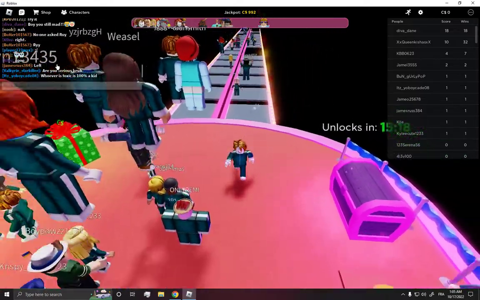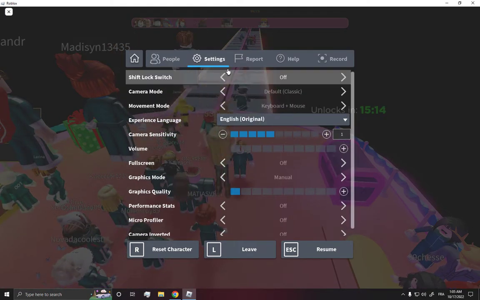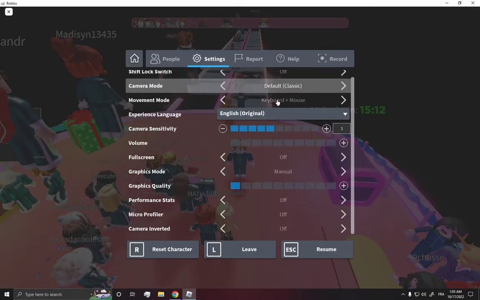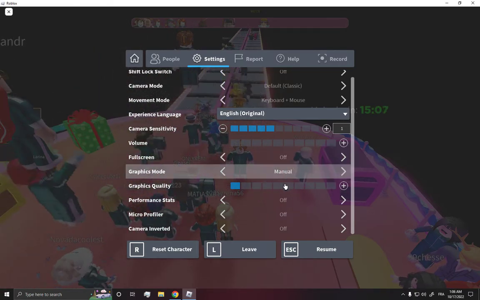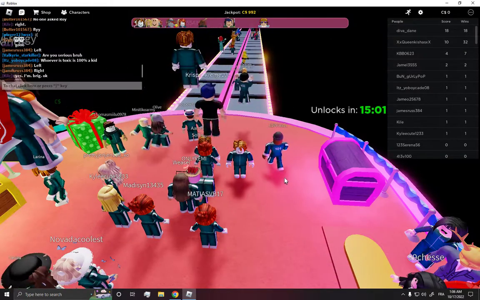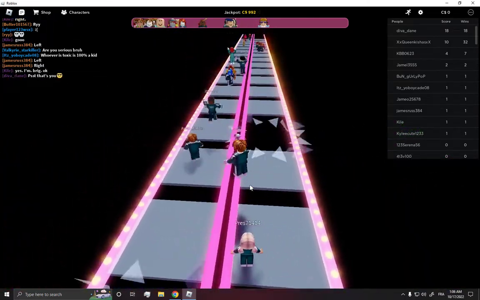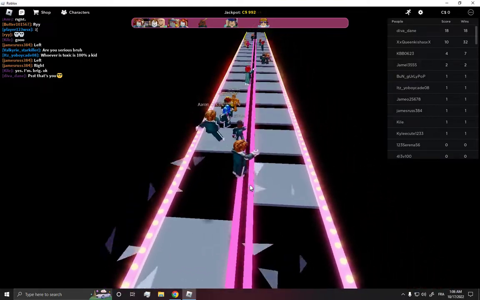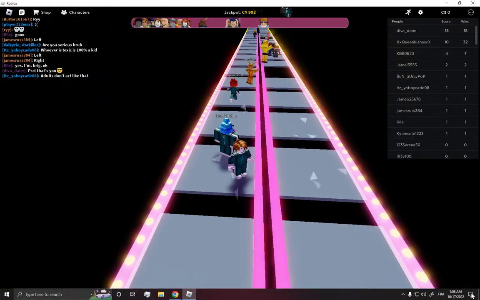Just go to the top here and click on Roblox settings and go to settings, and now scroll down and make the graphics mode manual and the graphics quality as low as possible, like this, and then click on resume and it's going to be working for you, as you can see right here. Now let's test it, and if it's not working for you, all you have to do is go back